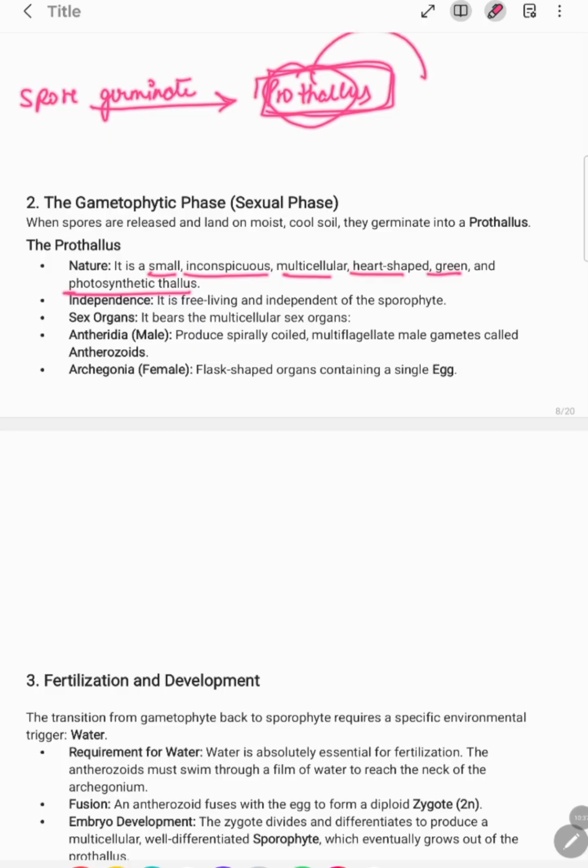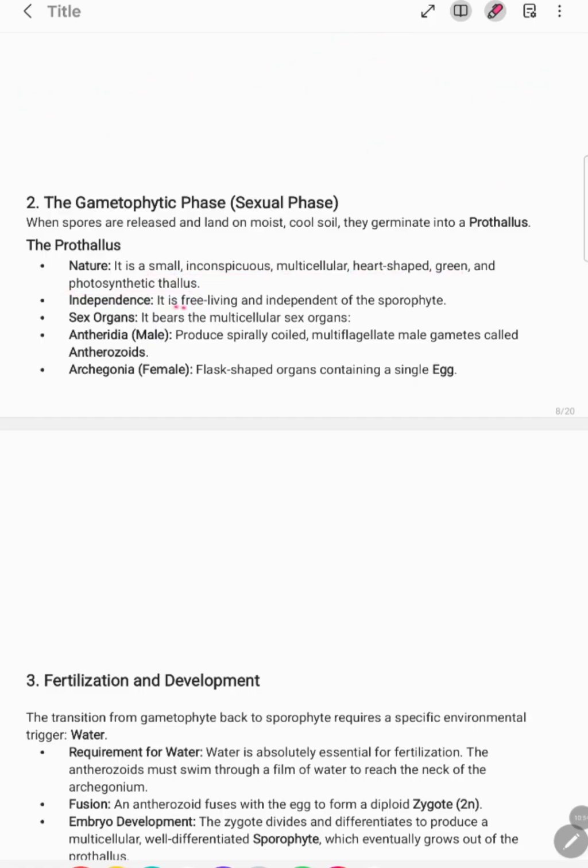As it is photosynthetic, it is not dependent on the sporophyte for any kind of help for its germination or for its growth. It is independent of the sporophyte as it is free living in nature, and this formed prothallus bears